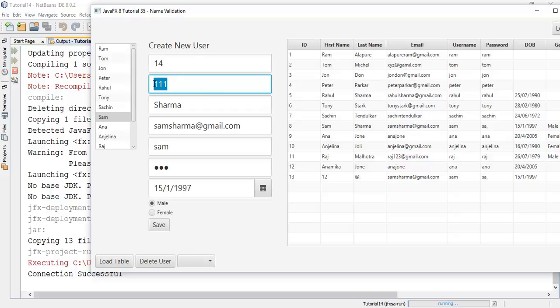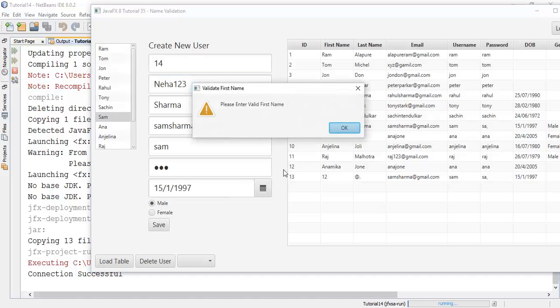One more thing, when we enter a character, say N, followed by a number, it should not be a valid name, so it has to open a validation dialog box.